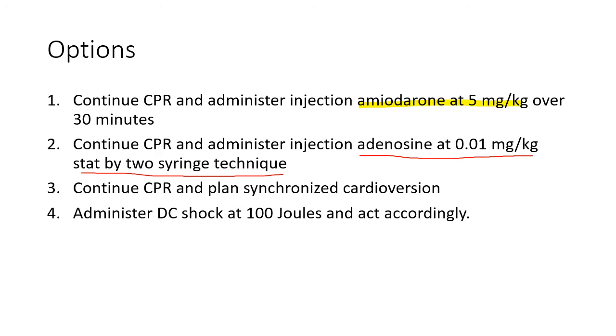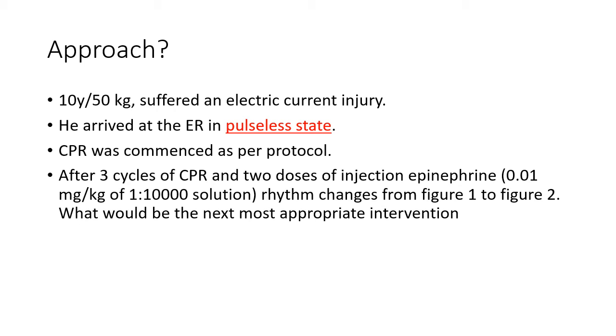So we should approach this case like this. The child, as I already discussed, was a 10-year-old 50 kg child, in cardiac arrest, pulseless state, pulseless electrical activity. As long as it is either asystole or pulseless electrical activity, we do CPR. But what happened was that the rhythm changed from a non-shockable to a shockable rhythm. That is the basic idea about the scenario. We should know the CPR algorithm, we should be able to recognize the rhythm and act accordingly.